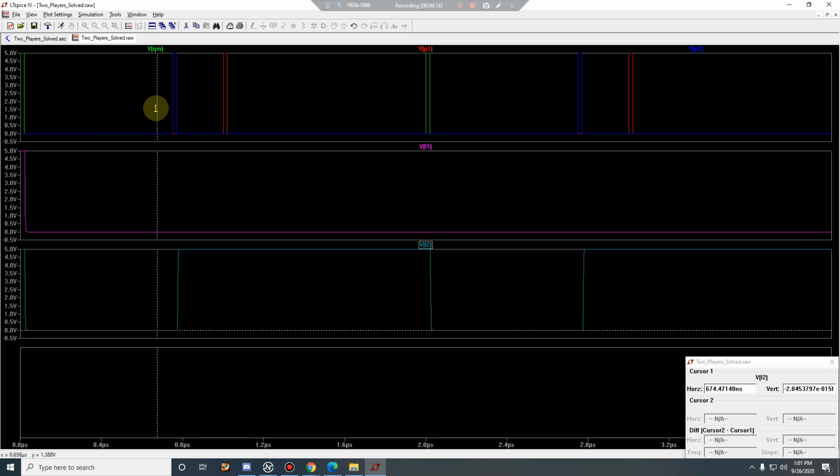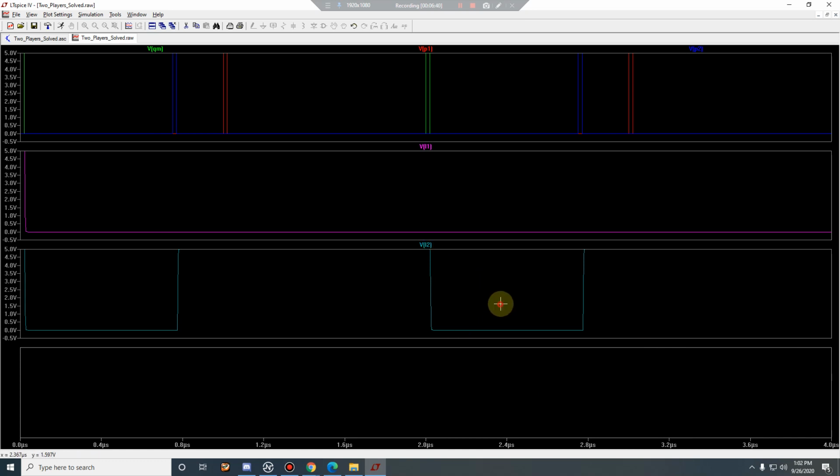Now if you see, things have changed. This is corresponding to P2 now, the blue is P2. And L2, where is L2? Okay, this is the one which is L2, and this is L1. L1 is remaining 0 and L2 is going high. From here it is going high, here it is getting reset, here it is again going back high. So V2 is moving, and that is the L2 of player 2. His light is getting lighted up, whereas player 1 is isolated.